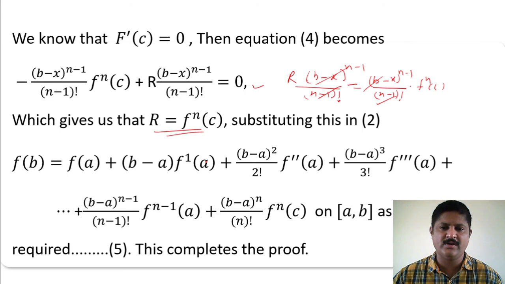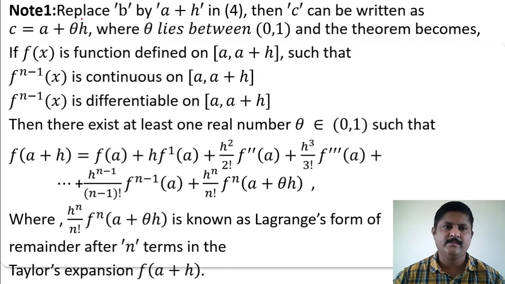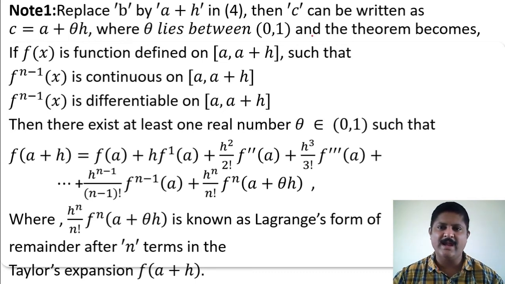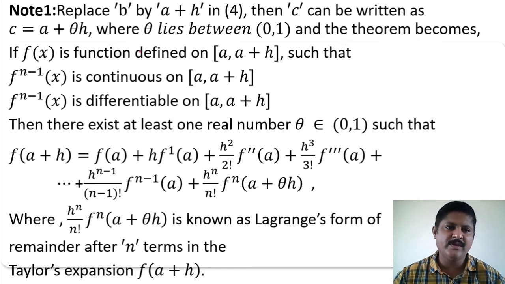This completes the proof of Taylor's theorem. Note 1. Replace b by a plus h in equation 4. Then c can be written as c equals a plus theta h, where theta lies in the open interval (0, 1), and the theorem becomes: if f(x) is a function defined on the closed interval [a, a plus h] such that f^(n-1)(x) is continuous on the closed interval [a, a plus h], f^(n-1)(x) is differentiable on the open interval (a, a plus h), then there exists at least one real number theta belonging to the open interval (0, 1) such that f(a plus h) equals f